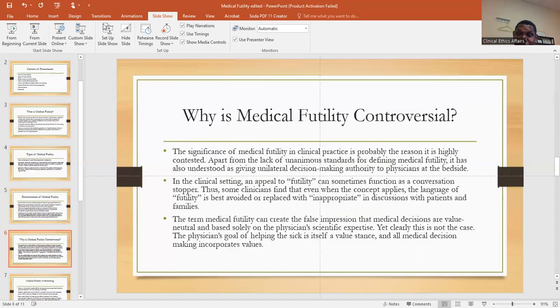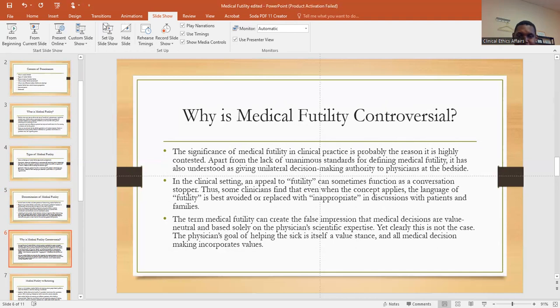Why is medical futility controversial? I'm sure that is a very legitimate question that often comes up whenever we encounter a discussion like this, that concerns medical futility. Why is it controversial? The significance of medical futility in clinical practice is probably the reason it is highly contested. Apart from the lack of a unanimous standard for defining medical futility, it has